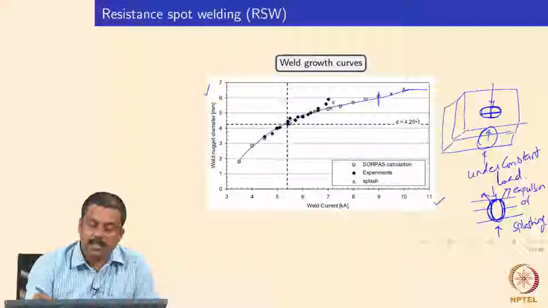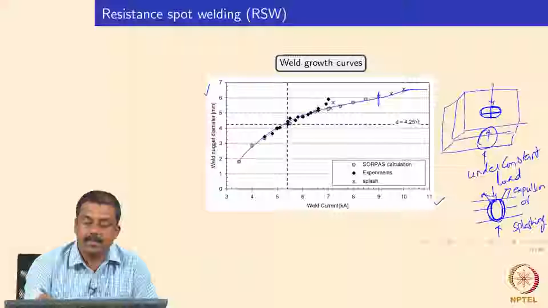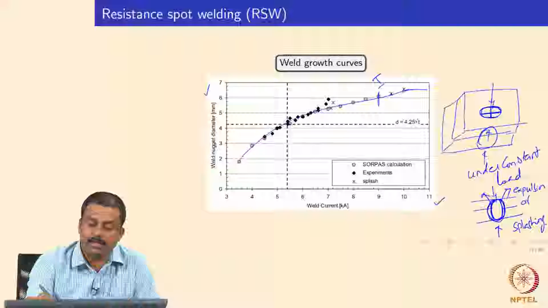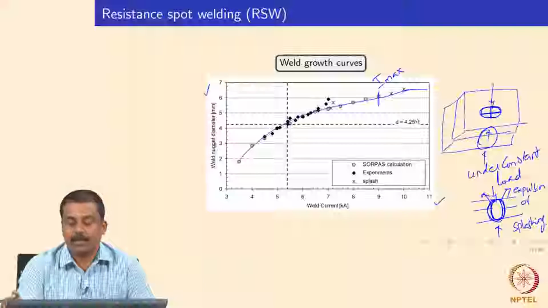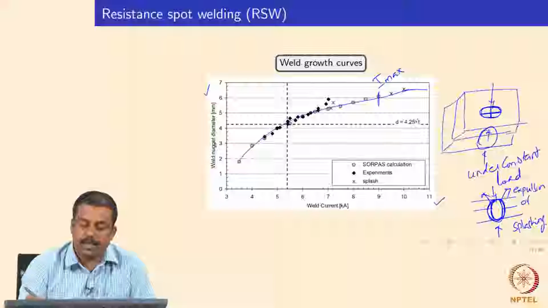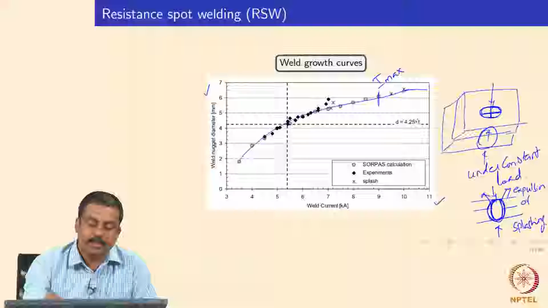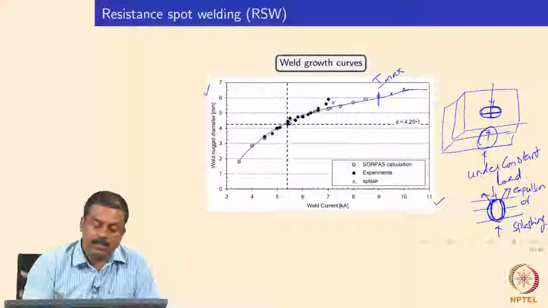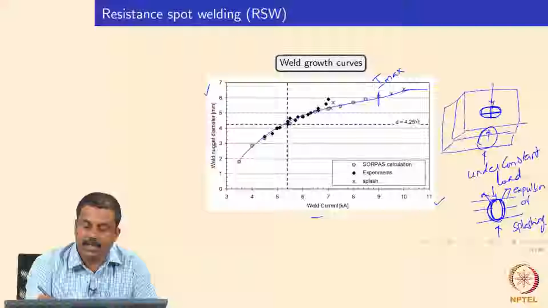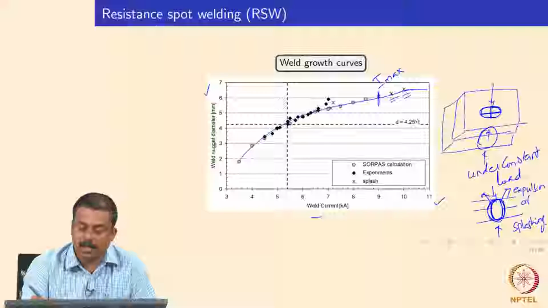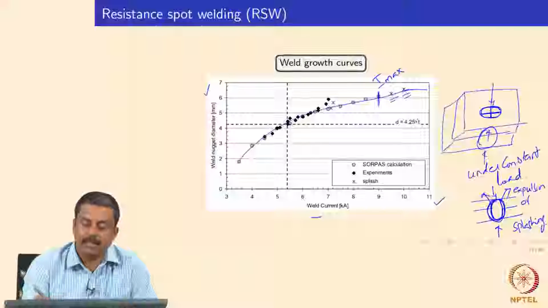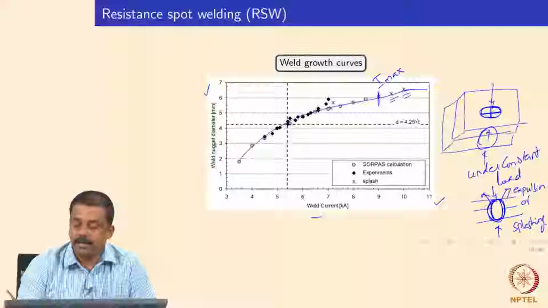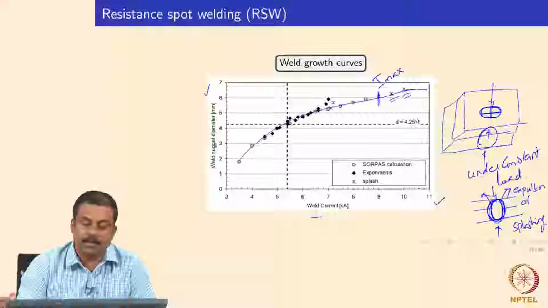So we measure up to the maximum current at which you have a stable weld nugget, and that is known as Imax, the maximum current at which you avoid expulsion. Beyond that current, for example, in this graph I plotted the data as a function of welding current and weld nugget diameter. If you look at it, after 9 kiloamperes, we observed expulsion at around 9.3 and then 10 kiloamperes. So 9 kiloamperes in this case is the maximum current at which we can form a stable weld nugget. Okay, that is Imax.